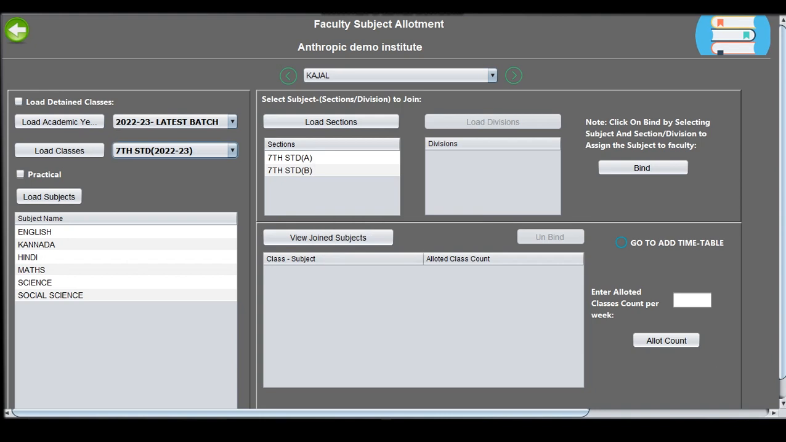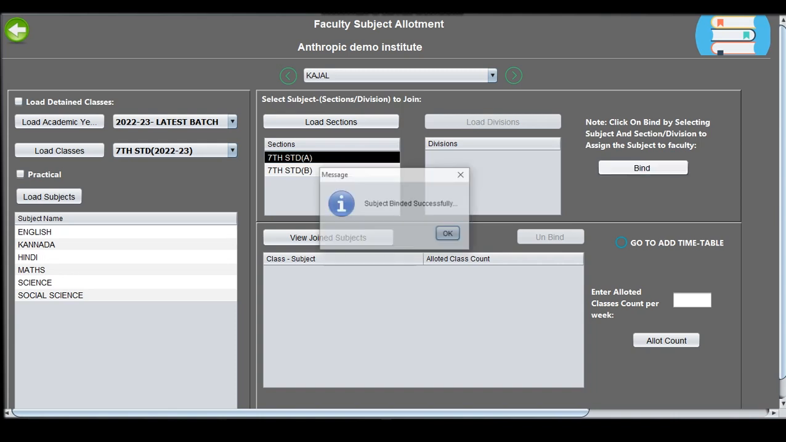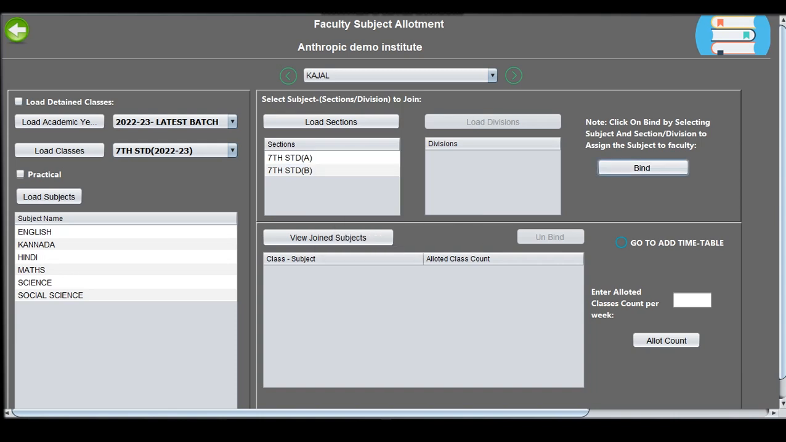Now what you have to do, suppose Kajal is an English teacher, so you will select the subject English, and here at the right hand side corner you will find a bind option given. Okay, before that you have to select the division, the section. For example, English teacher for 7th standard division A, I will select that and I will say bind. Okay, so you will see that successfully this is bind to Kajal, that is English subject for 7th standard division